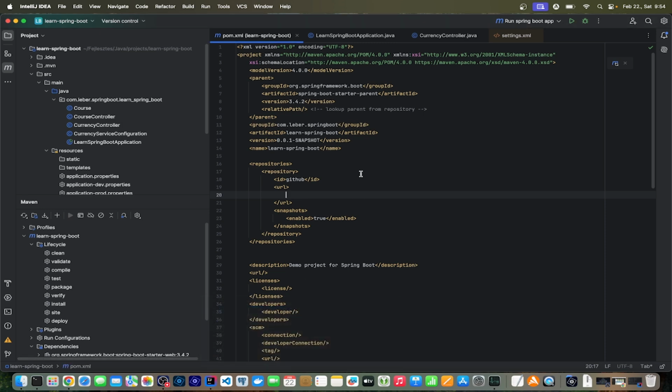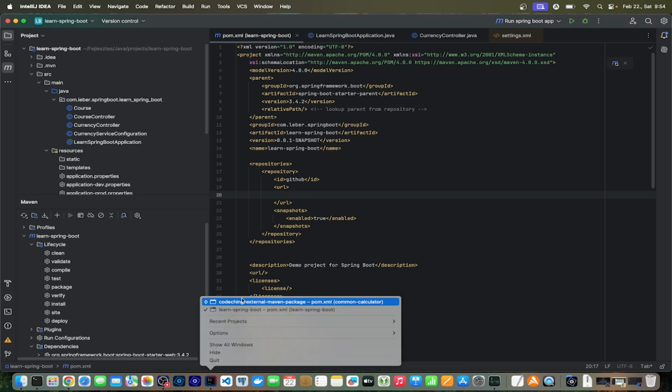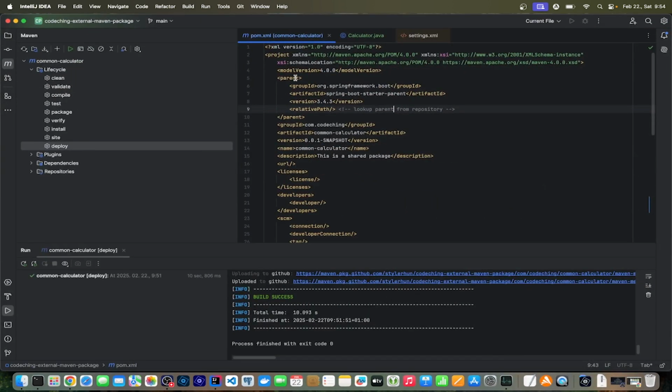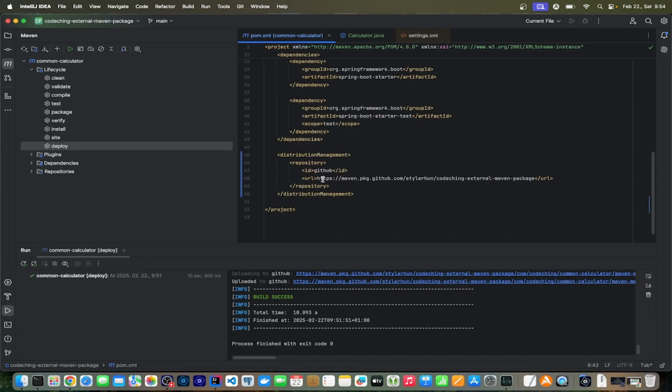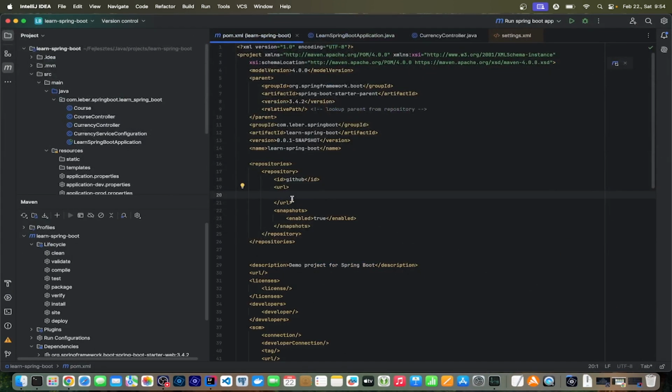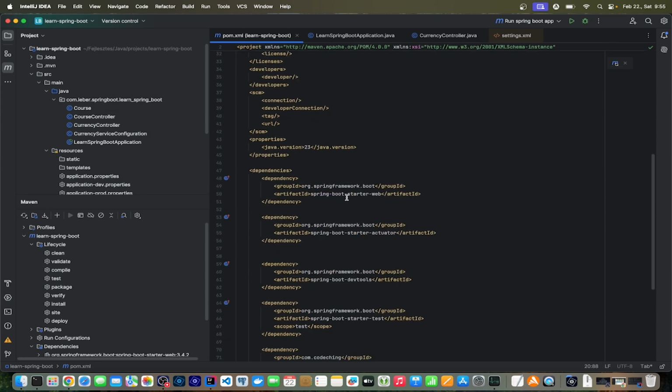I'm copying it because I don't want to write it from scratch again. So this one. Okay, and now the dependency